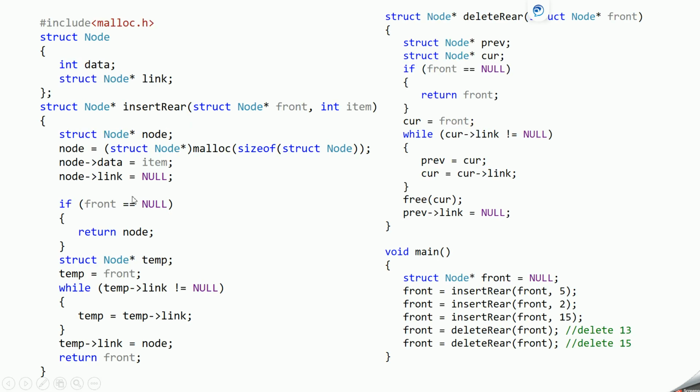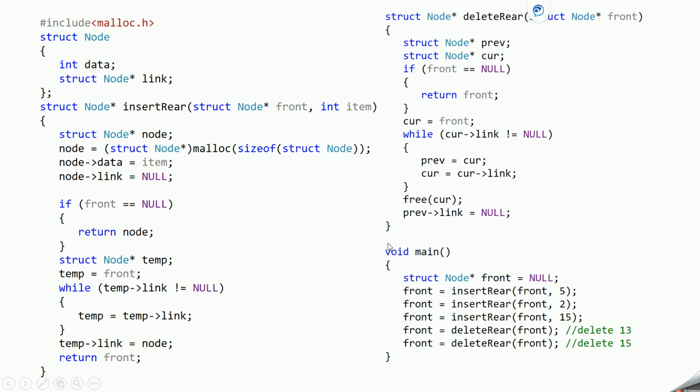So this is the code for adding and deleting element from the end of a linked list. So this is the code for insert function and this is code for delete function, and in main function we are calling these functions, and this code will allow you to create a node.